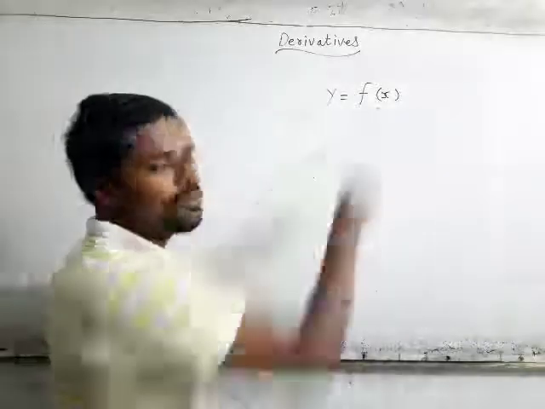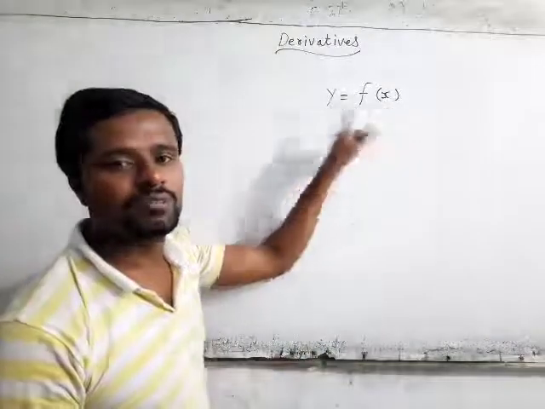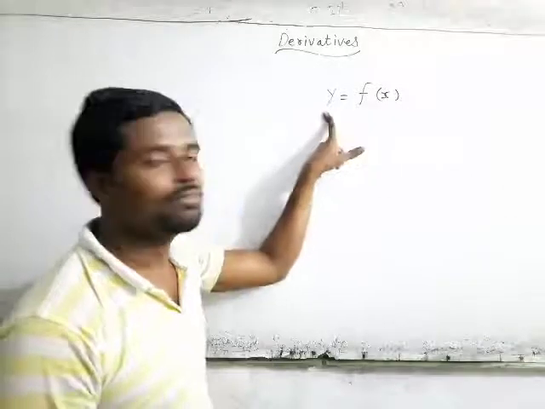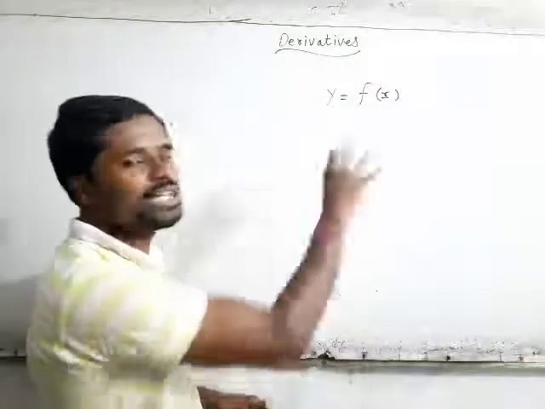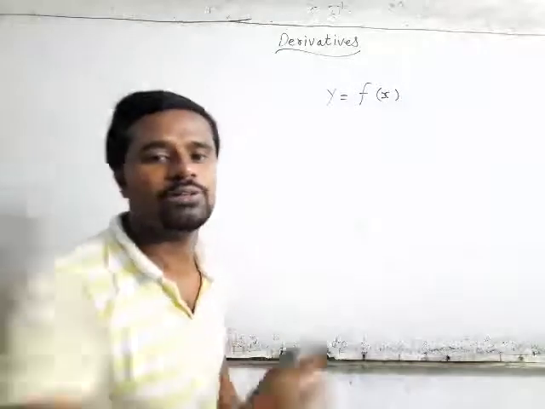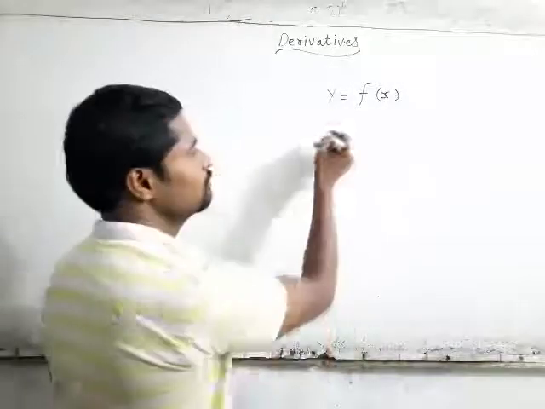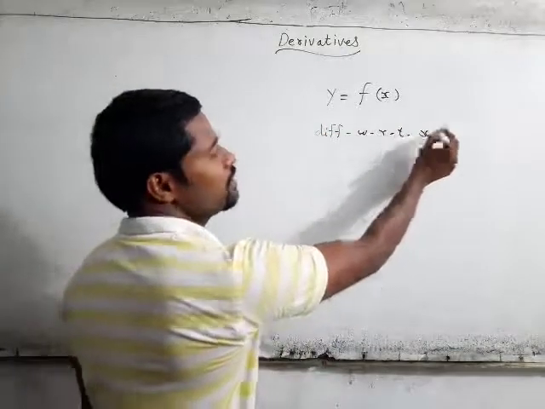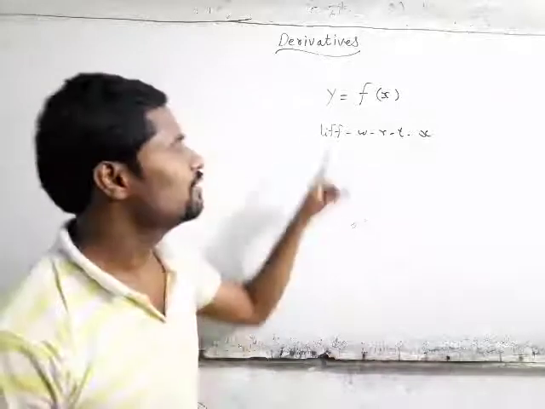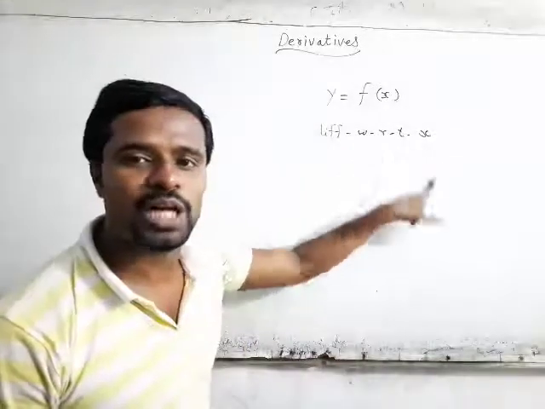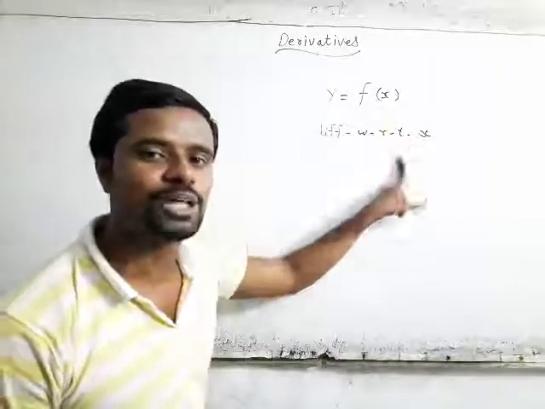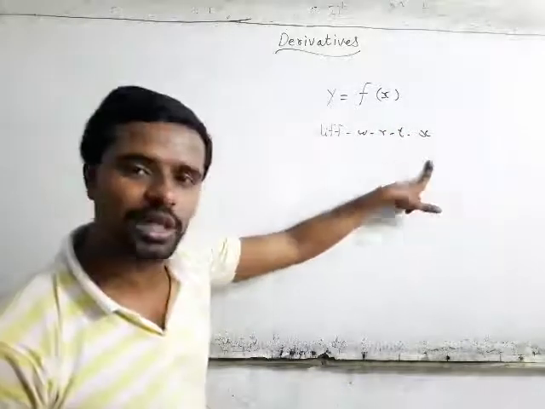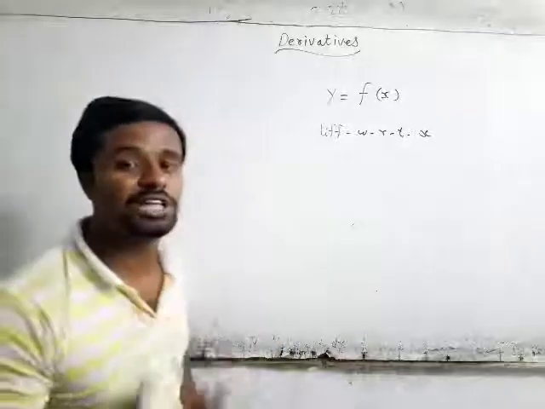Now y is a function of x, y depends on x, x is the independent variable, y is the dependent variable. So we obtain the derivative. When we obtain the derivative, we will not write a long command, we will give a shortcut. Differentiate with respect to x. So how will you read this? Differentiate with respect to x, because here it is x, so with respect to x. How will you read this command? Differentiate with respect to x. Correct?